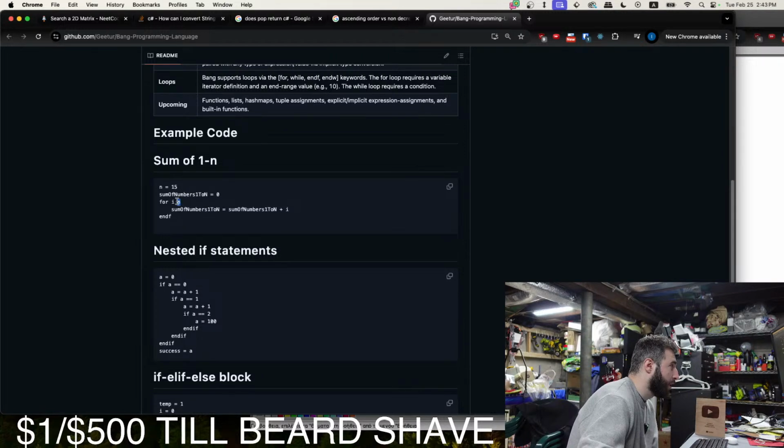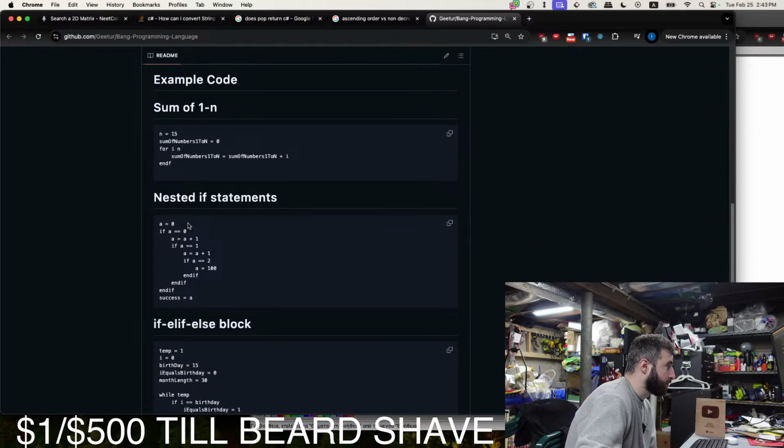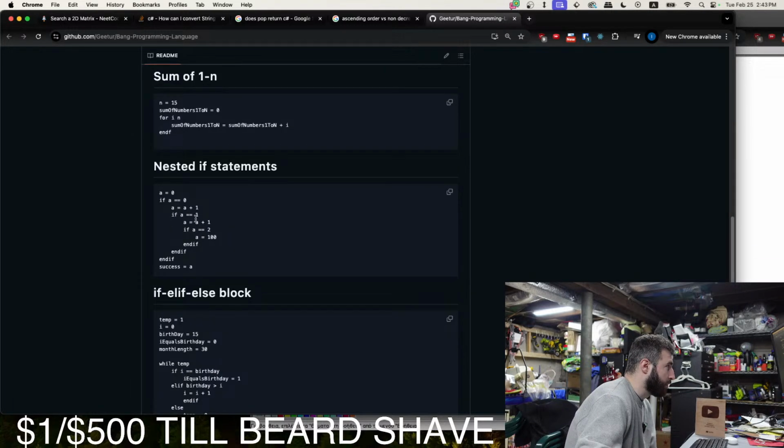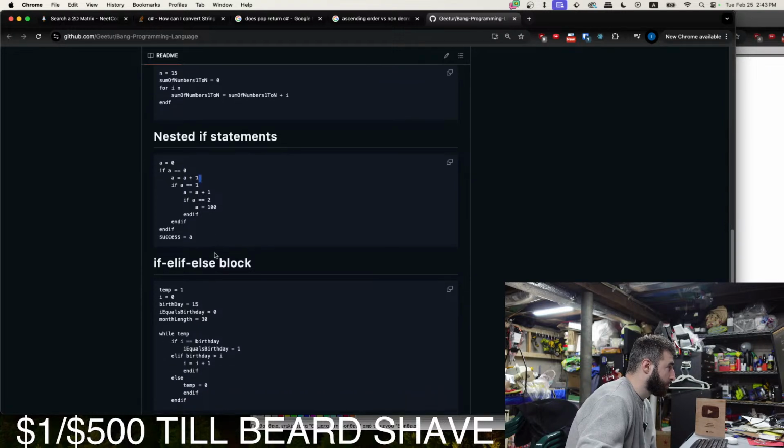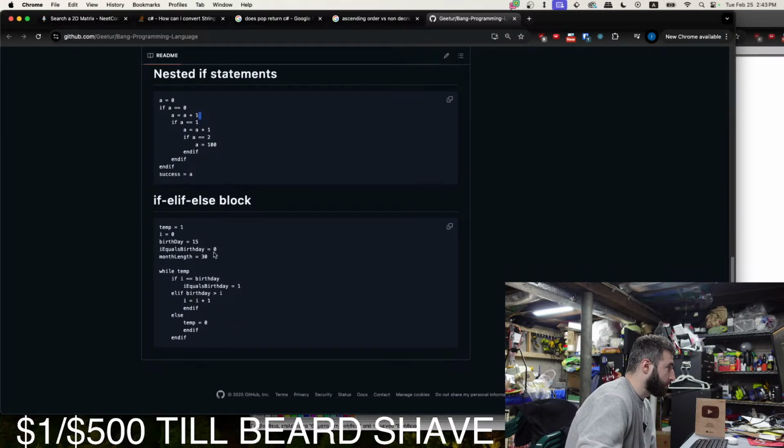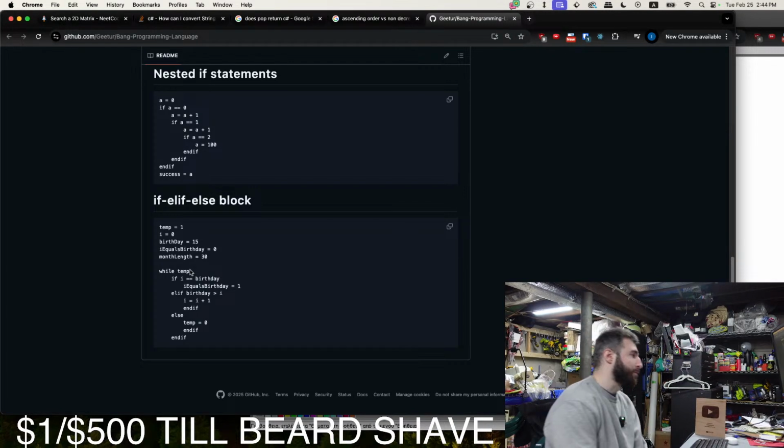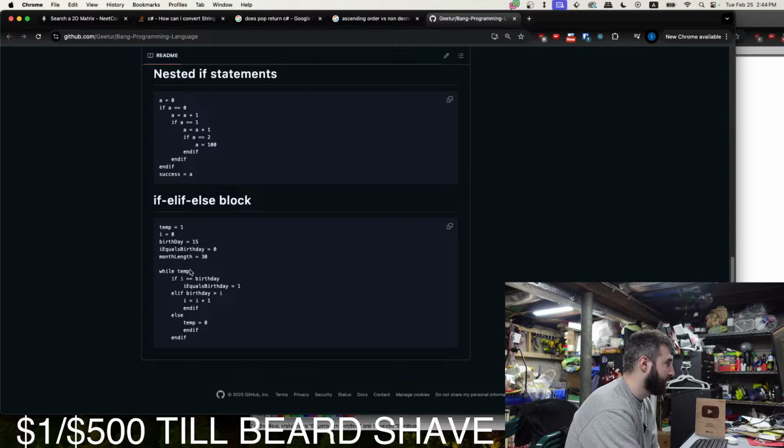Very compact syntax for in. You got your nested if statements as well. No colons or semicolons, huh? Wow. Yeah, no colons, huh? This is like Python, but even less syntax.